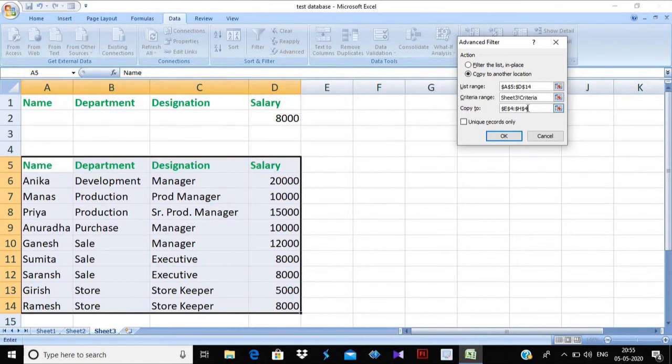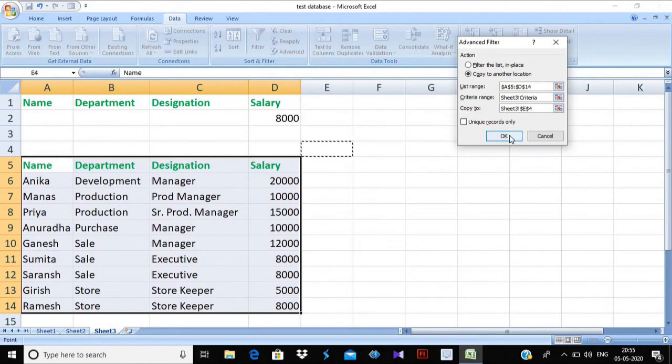And where do I want to copy it? I want to copy this data here only. I am selecting only one box; you can select 2 or 3 boxes, and it will automatically adjust. So I have selected the copy box, the criteria, and the list range.